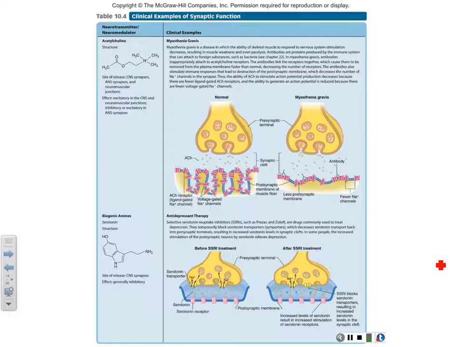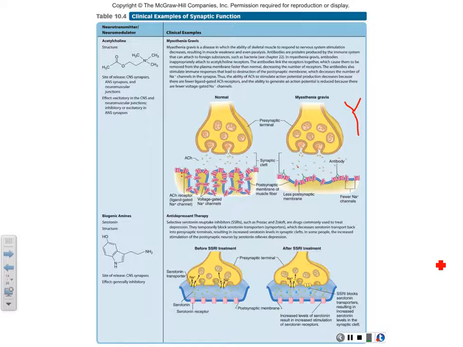And you see, in a normal person, the membrane is folded like this to increase the surface area, so that you have more of these ligand-gated sodium channels, which are attached to acetylcholine. Look at a person with myasthenia gravis. You see, this is an antibody. Antibodies are Y-shaped like that. Immunoglobulins. You see how it attaches to the proteins and starts to knock them out. Then the membrane only has a few of them. No matter how much neurotransmitter is in there, there's nowhere to bind. There's no gate to open.